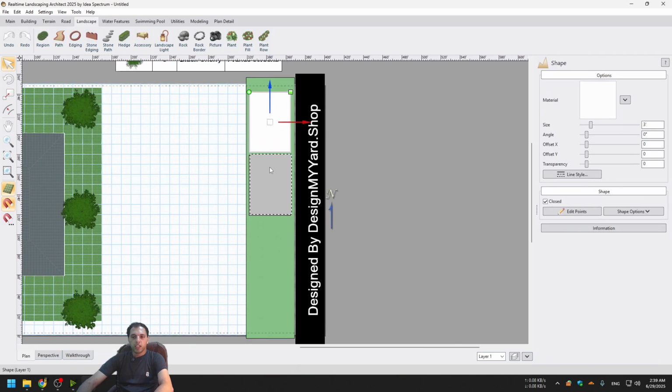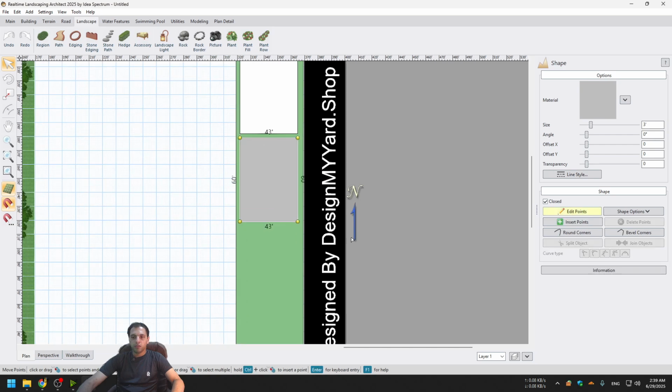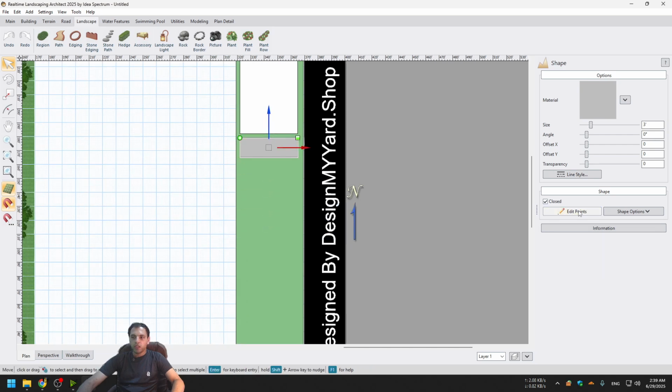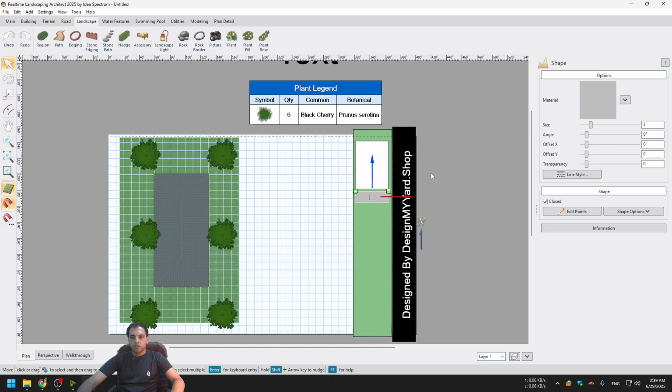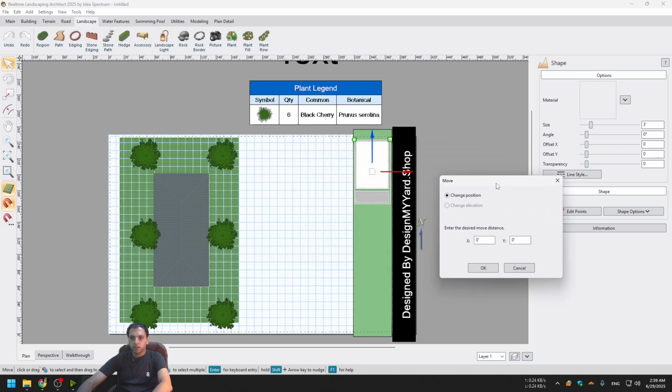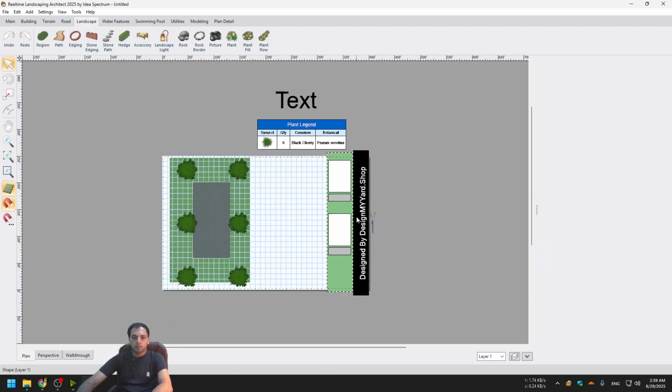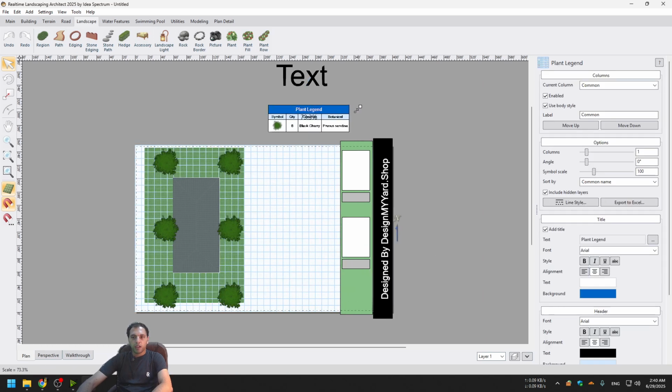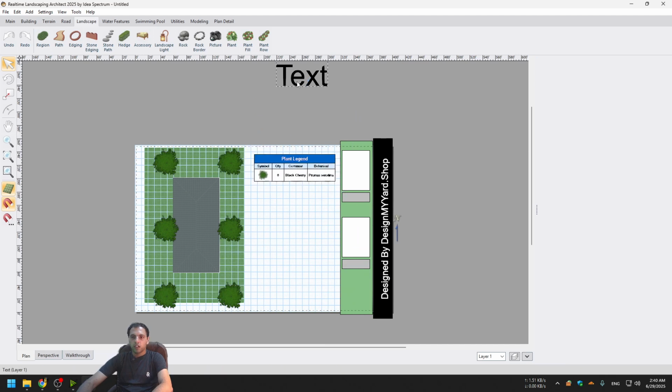Okay, maybe we needed to create a table here. So for example, I will edit points, this rectangle. Maybe we need to mention the scale of our design here. So maybe we need to copy this again, shift and select. I'm selecting both objects, Control C, Control Shift V, and enter minus 100. And here we can write the details of our design, and we can insert the plant legend here,